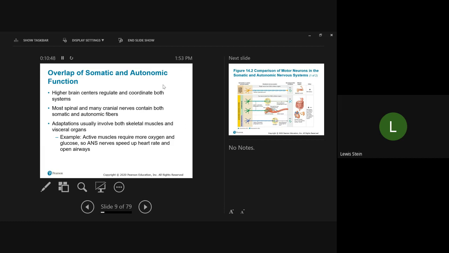This parasympathetic division is often called the craniosacral division, for those 4 cranial nerves, because the sacral part plays a pivotal role in reproductive function. So craniosacral for parasympathetic. We call the other one the sympathetic thoracolumbar, or thoracodorsal. And so it has thoracic and lumbar nerves as part of it. So cervical nerves are not coming to the party in this particular one. So, active muscles, more oxygen and glucose: the autonomic nervous system speeds up the heart rate, opens airways,